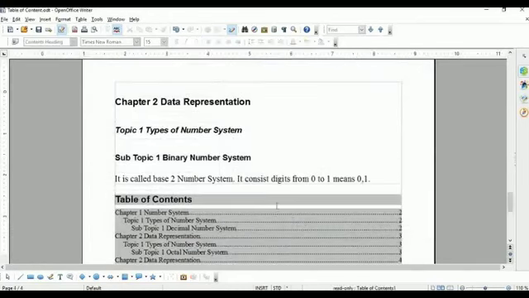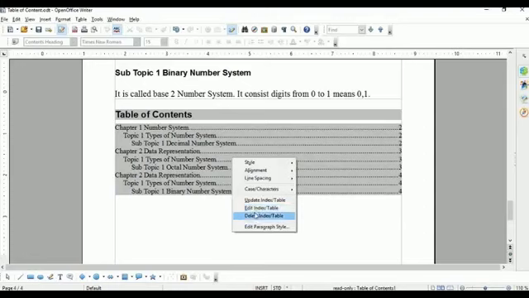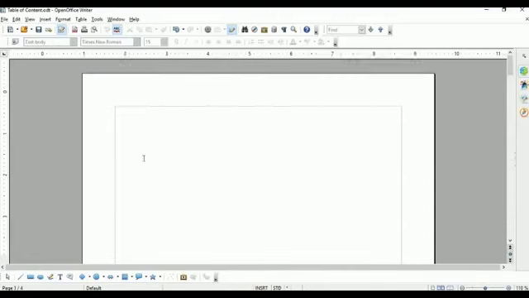You will get your table of content. Your table of content appeared at the last. Why? Because maybe my cursor is here. So do it again. Place the cursor at the top of the page of the document, first page.